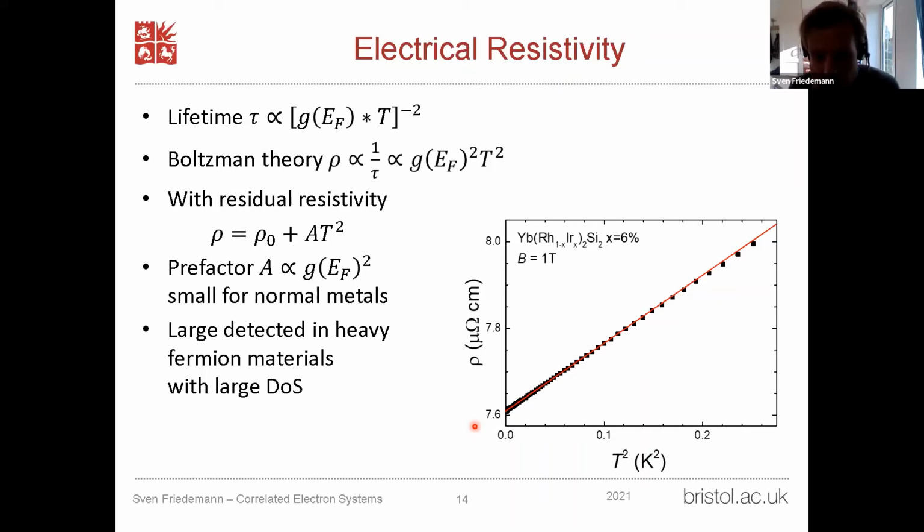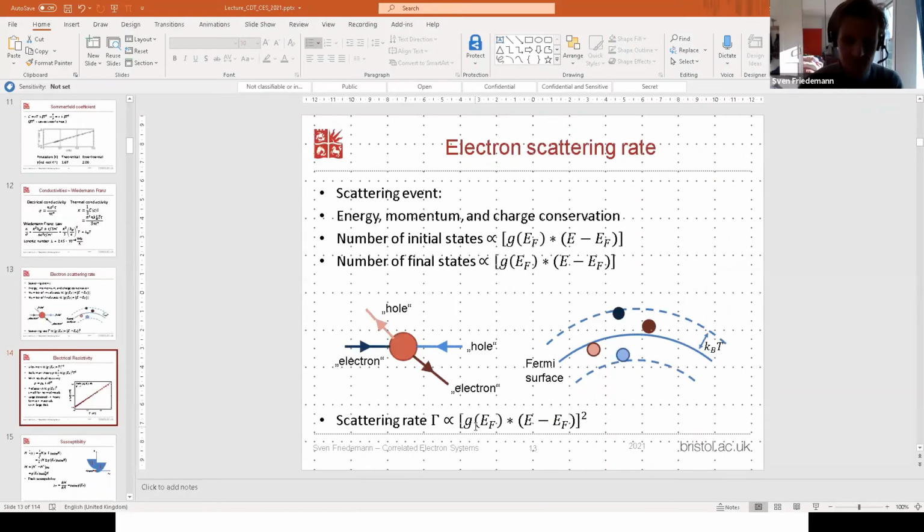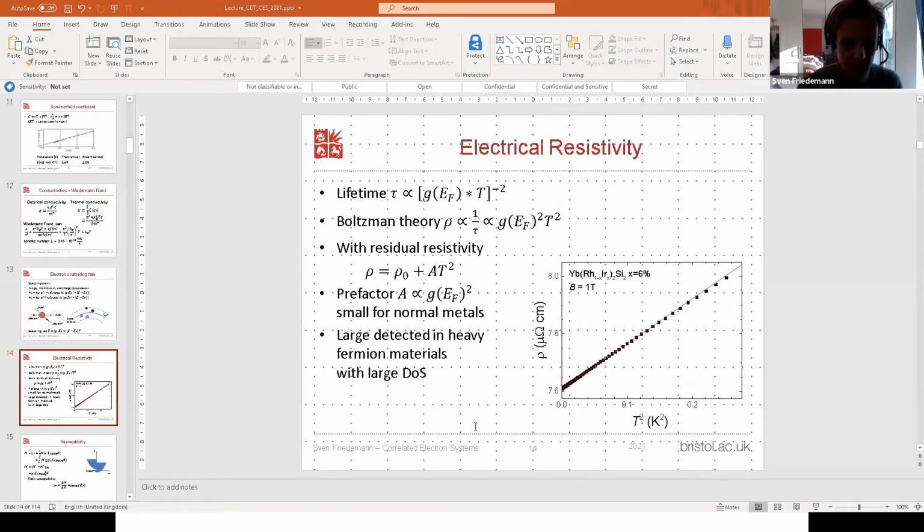Do you guys know what you expect at low temperatures in the resistivity from phonon scattering? So this is all electron-phonon, electron-electron scattering. What do you expect from electron-phonon scattering? Anybody knows? At low temperatures? At high temperatures is probably something that you have